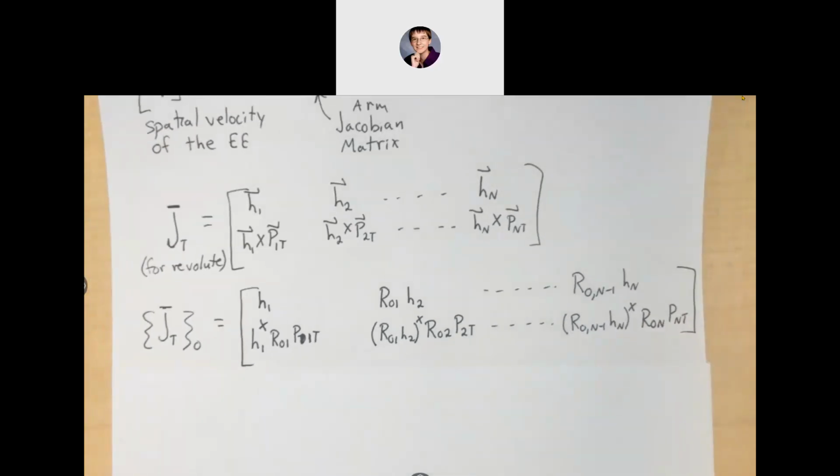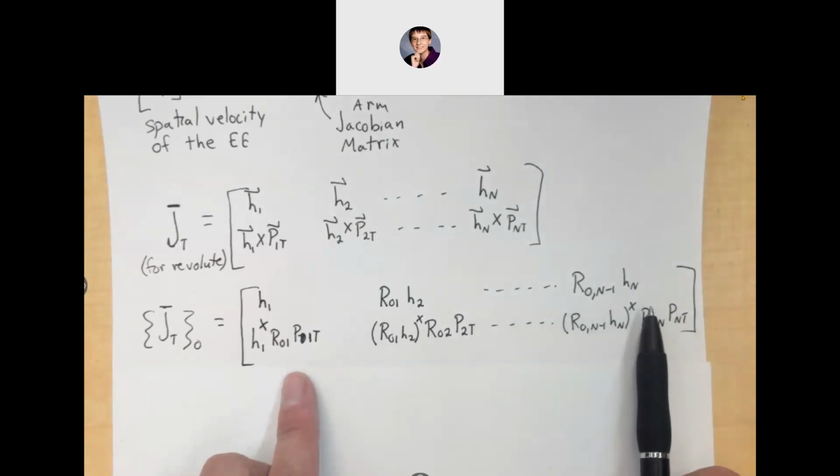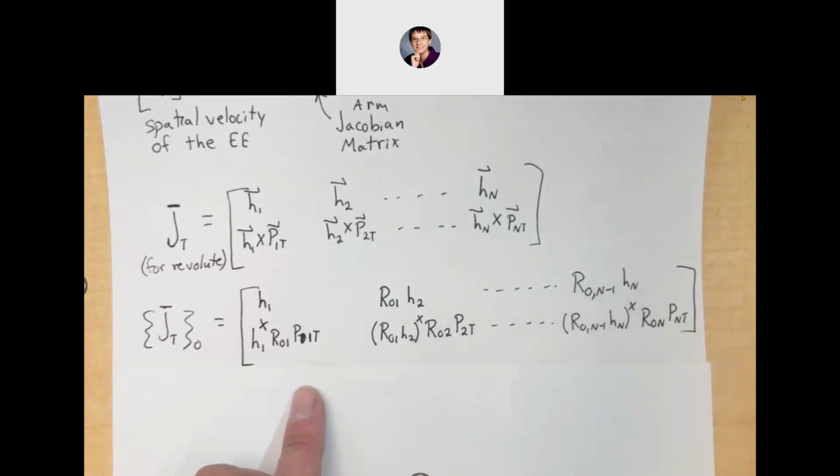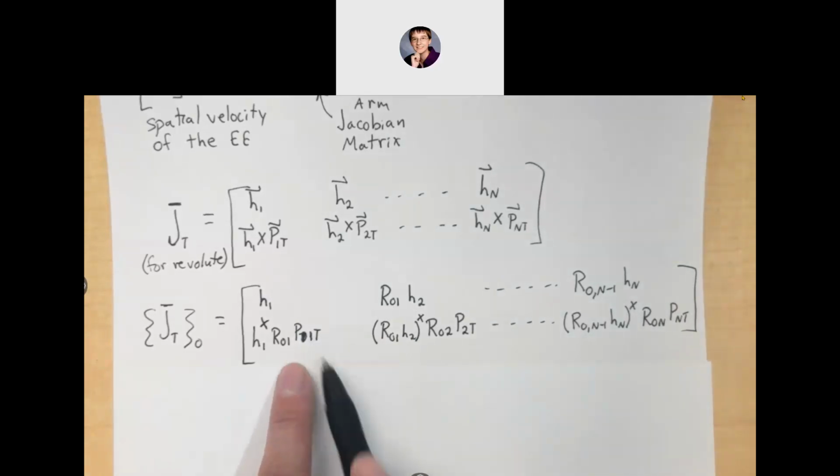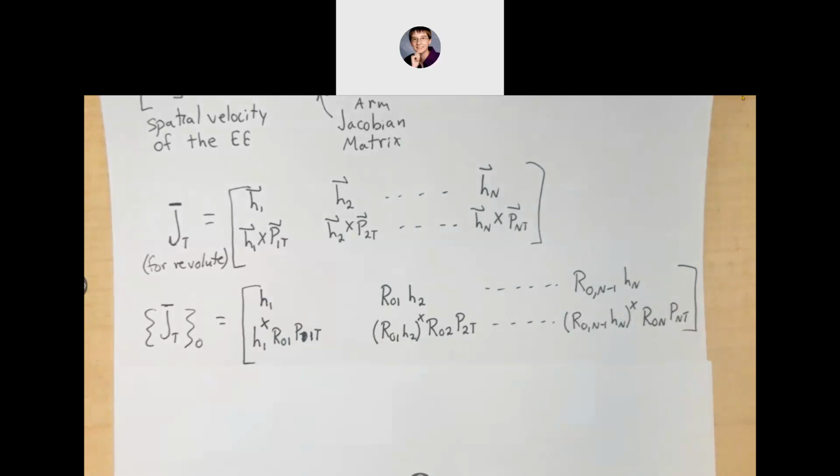So this is the form that we're going to see, and what's going to change with different arms is how many joints that we have and what these rotation representations are, what these PITs are, and what those HIs are. But the form is going to be the same. So if we look at a 3-joint example,